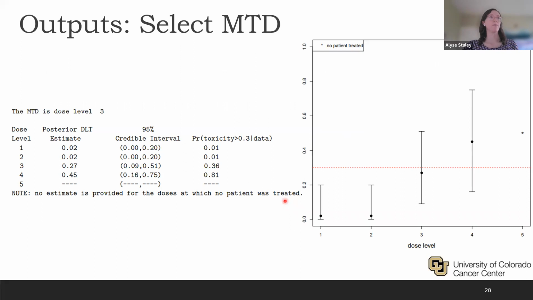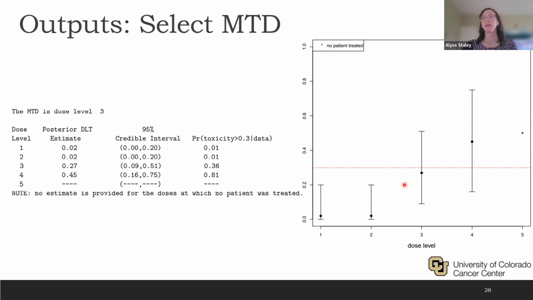This is a bit clearer visually. Here's an example where there are 5 dose levels of interest and the target toxicity rate is set at 0.3. Here are the estimated DLT rates for each dose level. Dose levels 1 and 2 have very low DLT rates, and then there's dose level 3 that has an estimated DLT rate of 0.27, which is very close to our target of 0.3. Dose level 4 is pretty high, and dose level 5, which the trial never reached, and so we have no